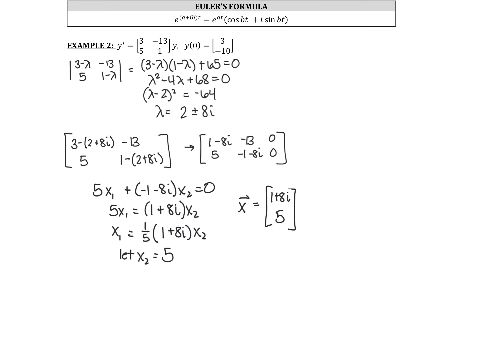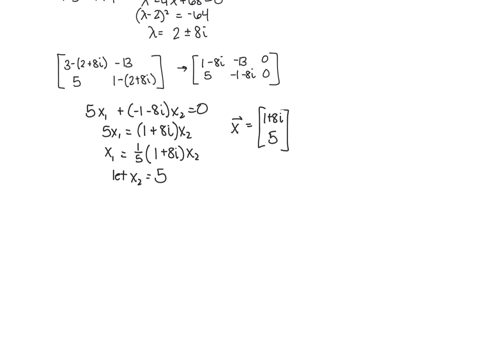Okay. So here's what this looks like. For this first solution, I have e raised to the lambda. Where'd 2 come from? Because A is